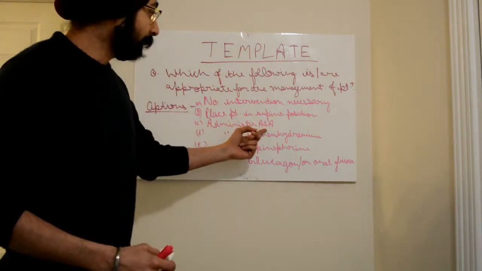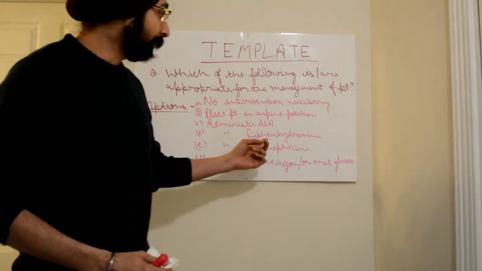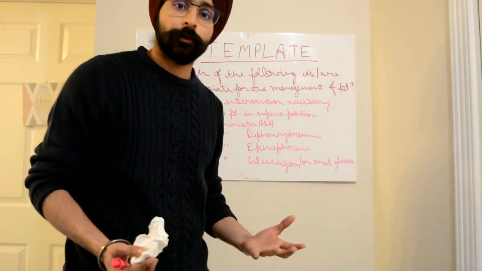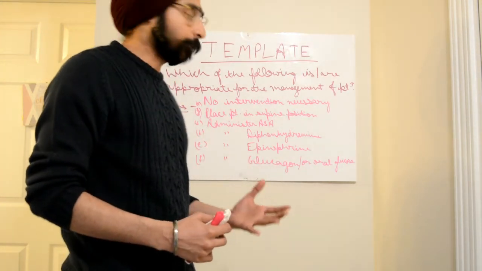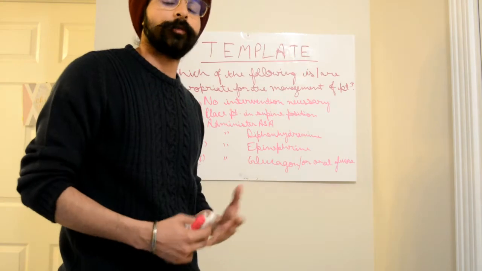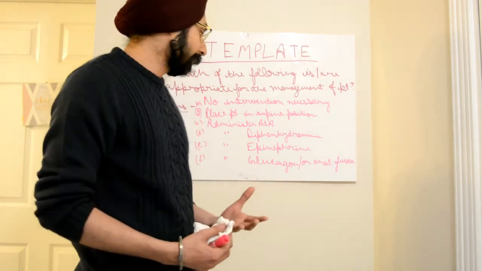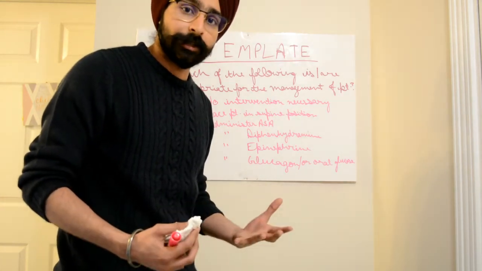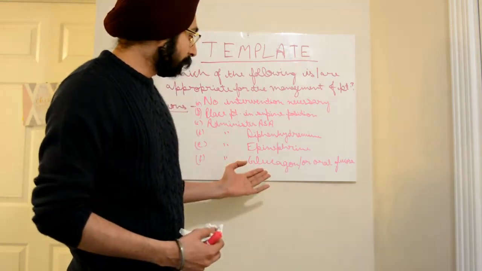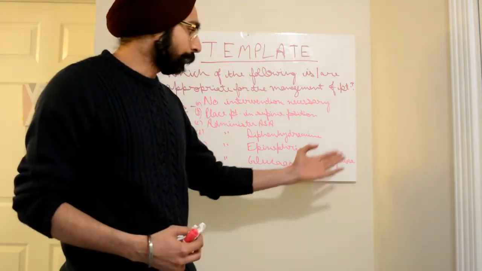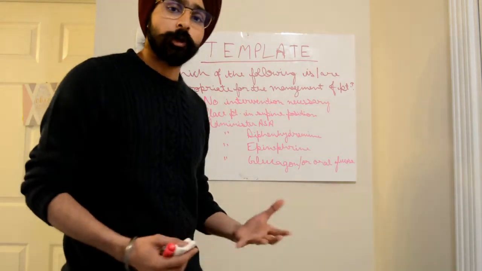Third is administer acetyl salicylic acid or aspirin. Fourth one is administer diphenhydramine, for example in case of mild allergy. Then is administer epinephrine, that is you have to administer epinephrine into the patient in the form of injection, maybe intramuscular or intravenous. For example, if a patient comes to you and he suddenly has a very severe allergic reaction, then is administer glucagon or oral glucose, that is you have to either inject glucagon or you give the patient to drink some glucose solution. For example, if a patient has diabetic shock or hypoglycemia.